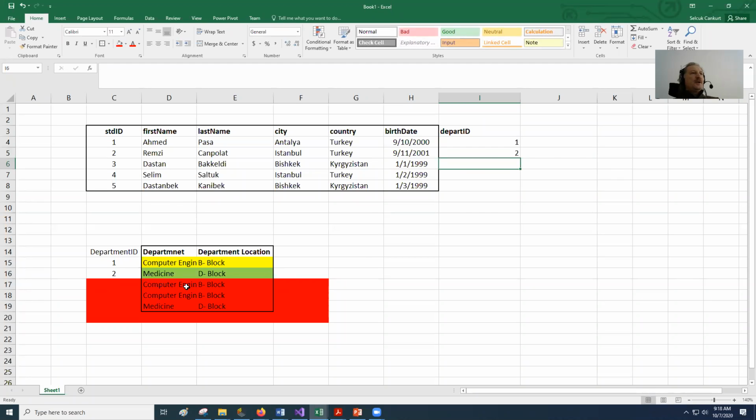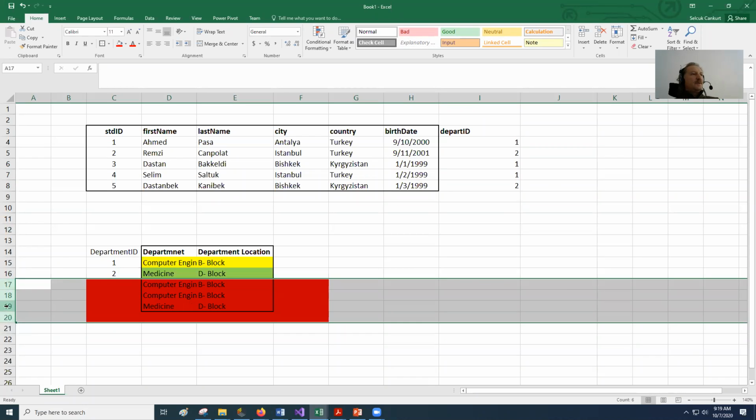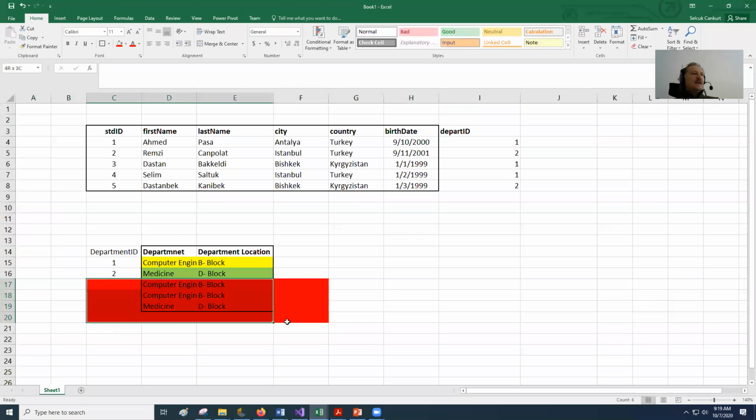Dastan going to do computer engineering. ID is 1. Selim going to do computer engineering. Its ID is 1. Dastan Bek going to do medicine. 2. Now I can delete this part. I don't need this section. Yes. Instead of deleting, let me take this part to do